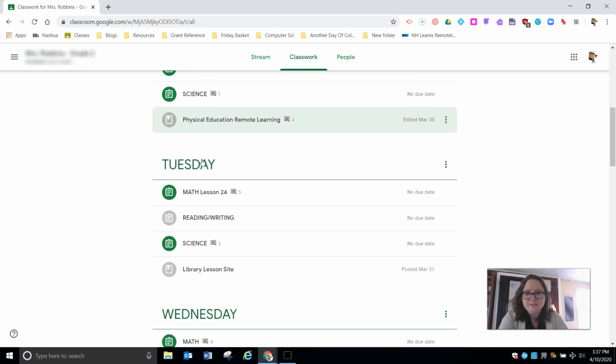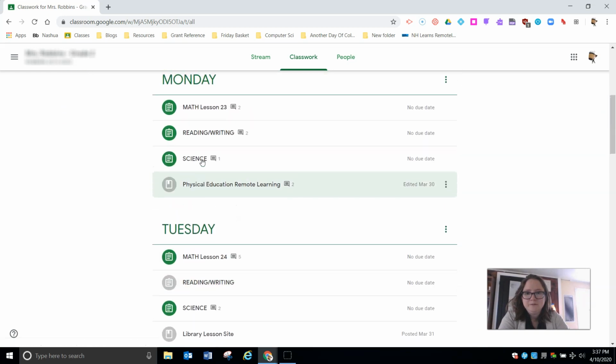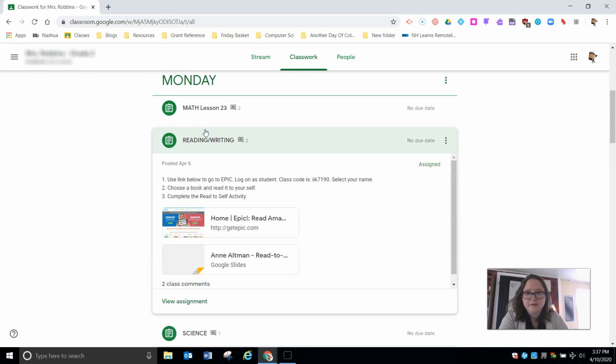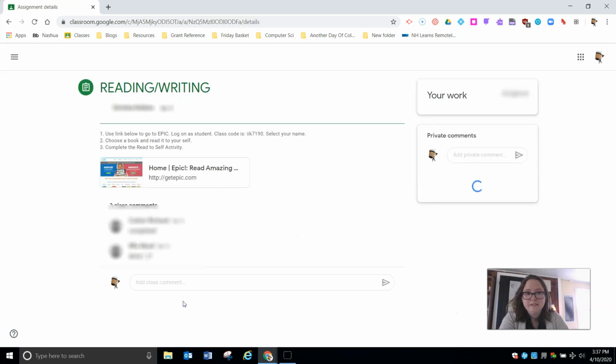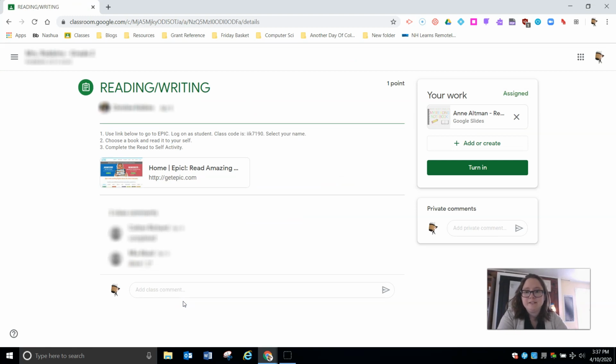And I'm going to take you down to a reading and writing assignment to walk you through the directions. When you click on the assignment, it will expand. I like to expand it further by clicking on View Assignment. This is where you can actually find the expectations and send in the work. All right. Up here at the top, she's given us